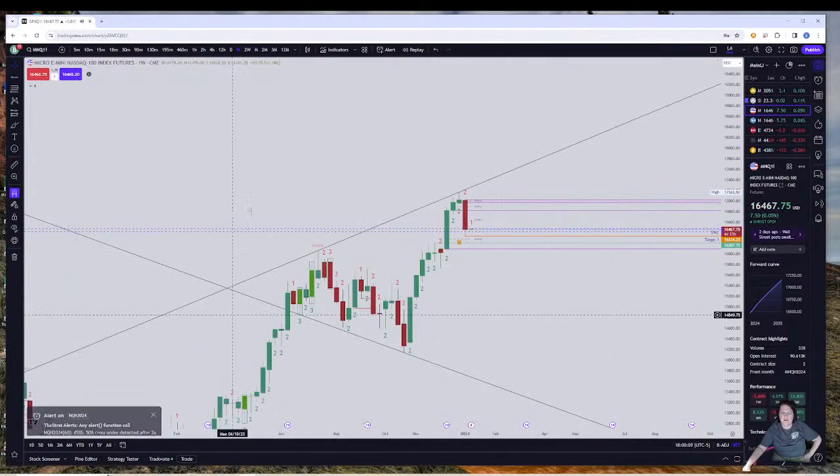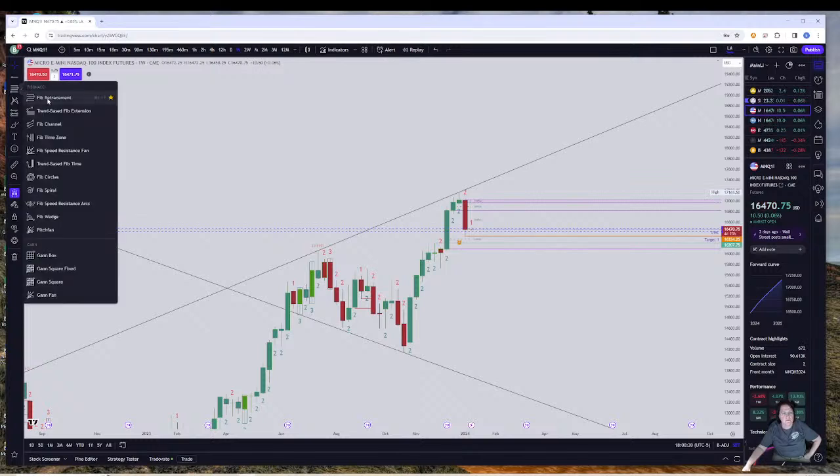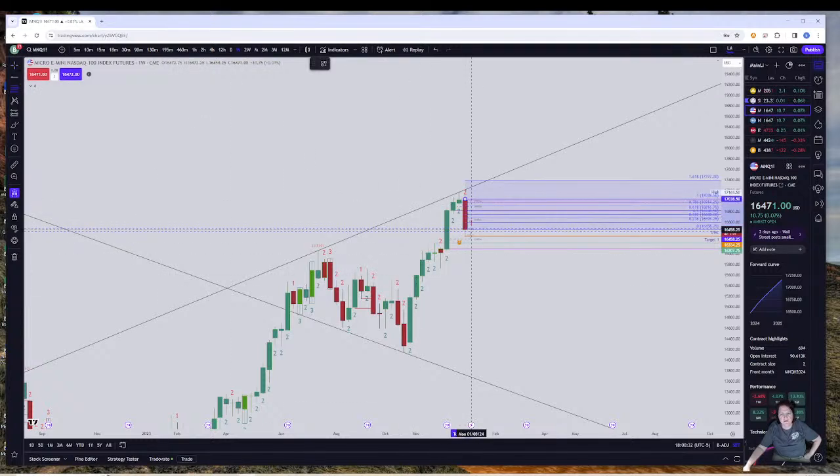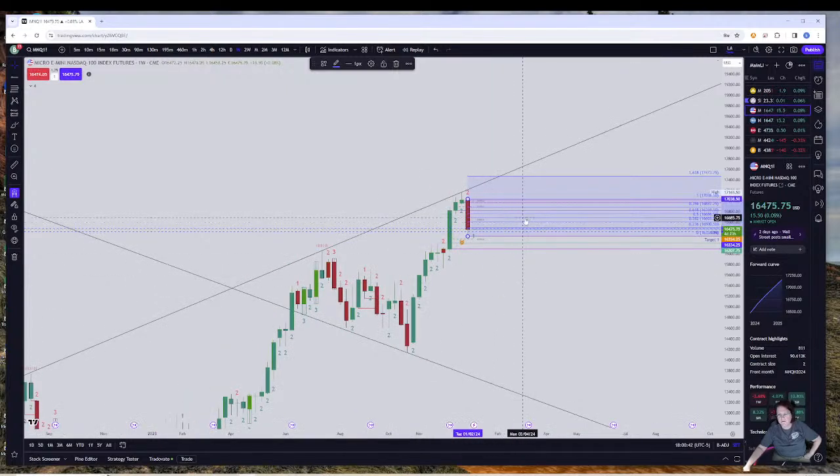So far, this is the weekly chart, and I mark the bottom of my weeks with orange, and my targets in green. Sorry, my alert's going off. So that's on the weekly basis. If we do start retracing up, I'd expect this right here, maybe up to 16,760. No, wow. No way.